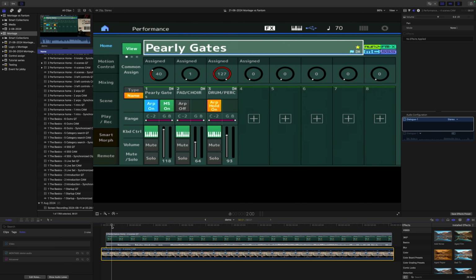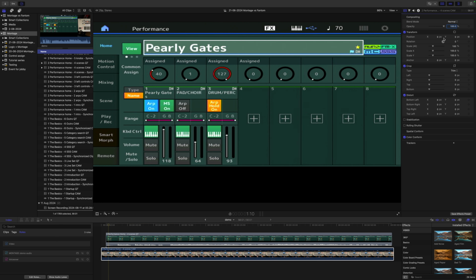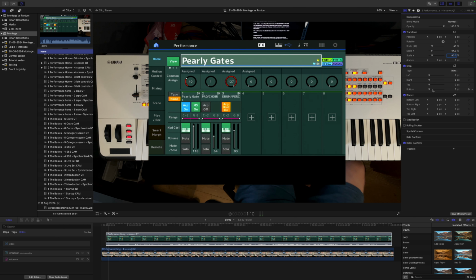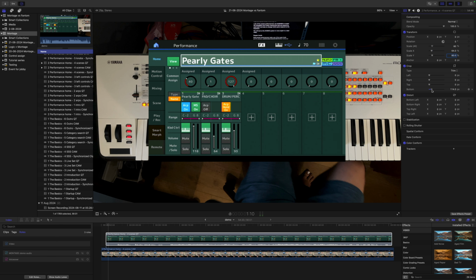Now we can deal with the video itself. So first of all, we'll go in and scale down this USB video because it's the wrong shape. It's not the correct aspect ratio out of the montage. So we need 64% width and 80% height to get the correct aspect, although I've just corrected the lower clips, that's rubbish. 64% for that one and 80% for that one,